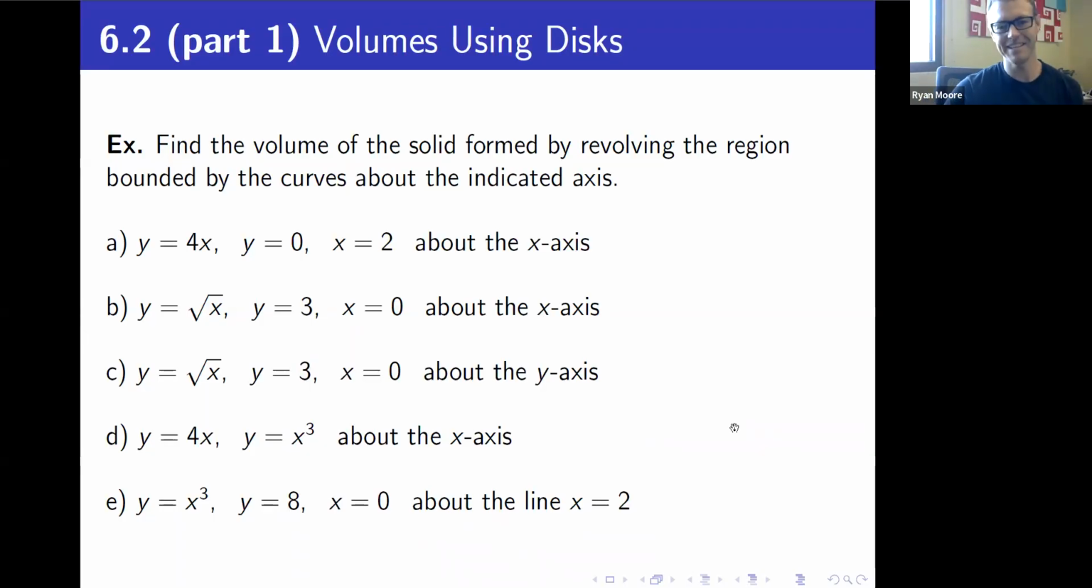Okay, picking up where we left off. Where are we? We did parts A, B, and C. We thought about what it's like to revolve about the x-axis and then even tried out the y-axis. Okay, part D, what's happening here? And then part E, we're going to get some new things coming at us. All right, in part D, all we're told, y equals 4x, y equals x cubed